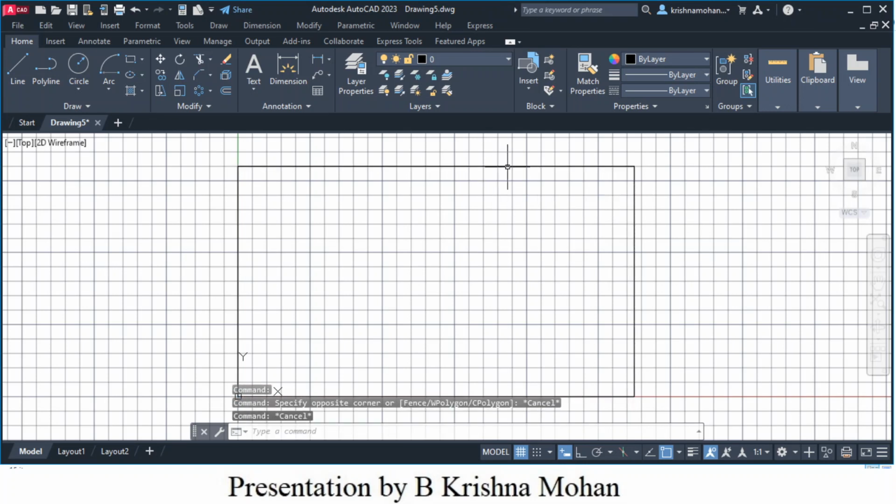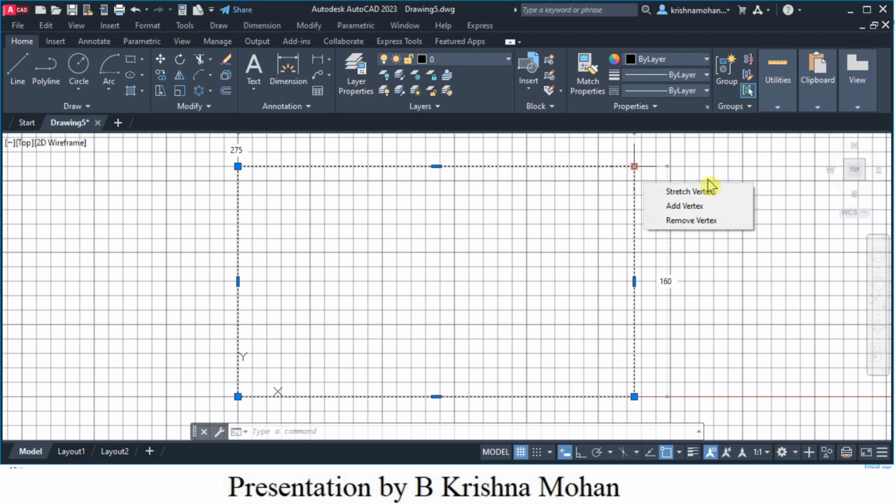At present, all these lines are related to the rectangle. So if I click and move, the whole body will move or stretch. I want to avoid that, so I will explode this rectangle. To explode the rectangle, use the explode command. Just type explode